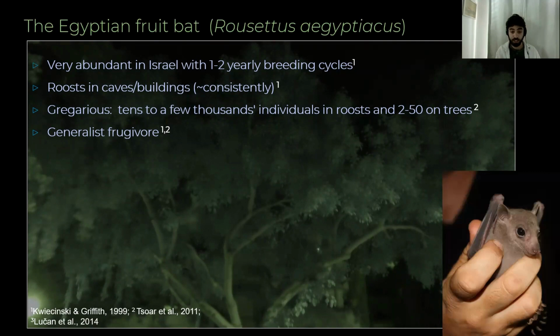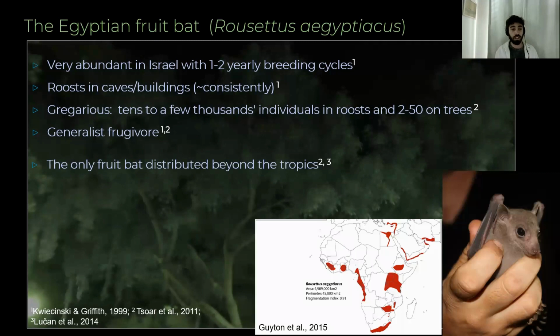It's very generalist, so it feeds on a huge variety of fruits, basically everything that has sugar and is available, and you can land on the tree and eat it happily. And it's the only fruit bat that is distributed beyond the tropics, to the best of our knowledge, which could maybe explain why it is specialized in roosting in caves and buildings,